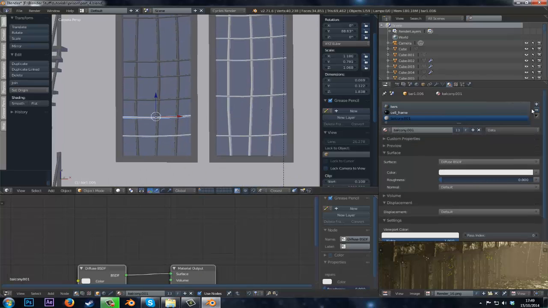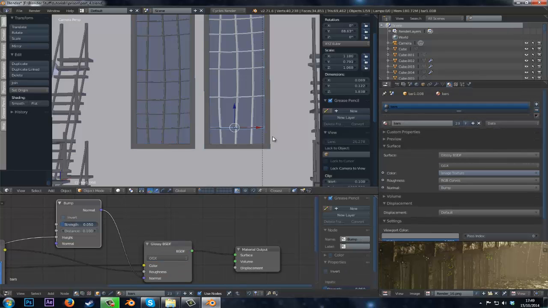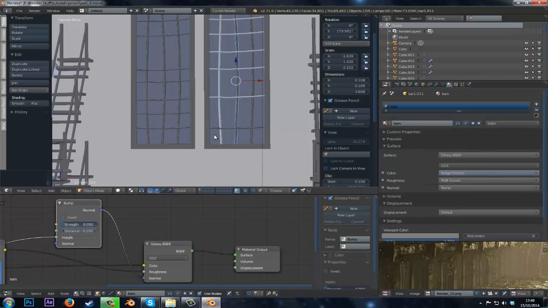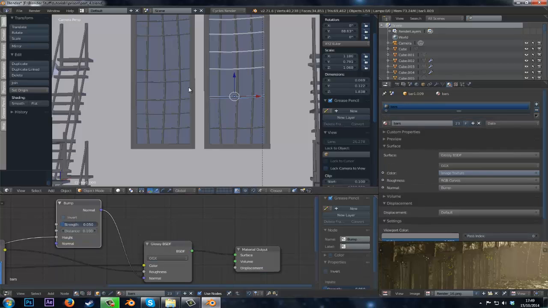And what this will do is give it all the right material. And the outer part of the window, that's just got the cell frame, so that's already been done, so that's okay. But yeah, once we've done this, we can get straight on the cells, and then we're good to go with the